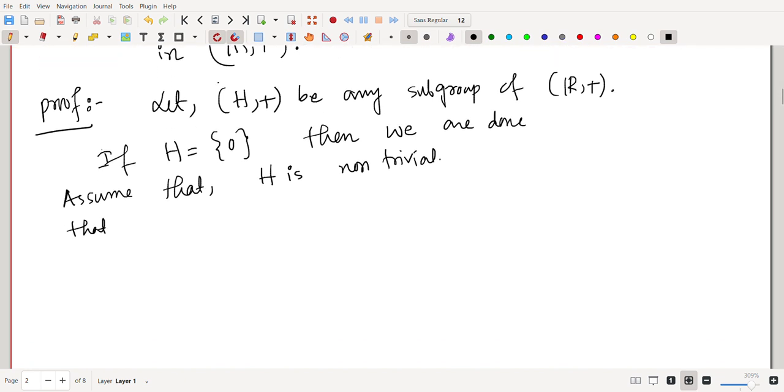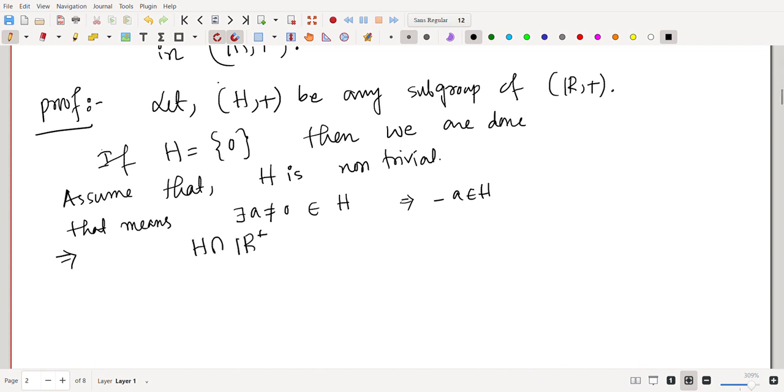That means there is an A not equal to 0 contained in H, which implies minus A is also contained in H, because H is a subgroup. If A is there, minus A is also there, because 0 is the identity element. So the inverse of every element must be inside that subgroup. So A is in H implies that minus A also belongs to H, right? Hence